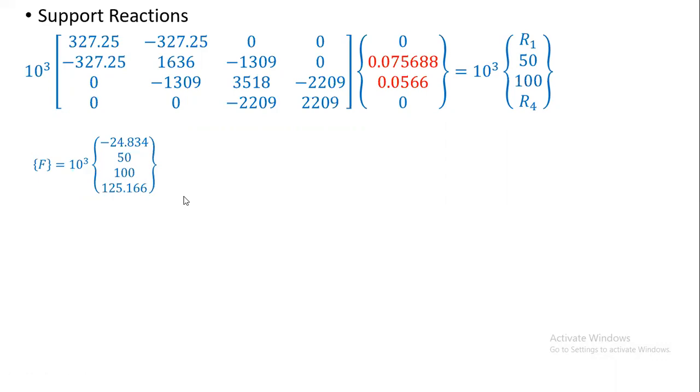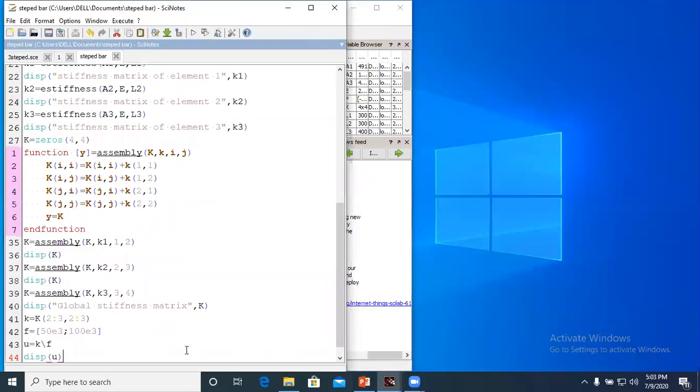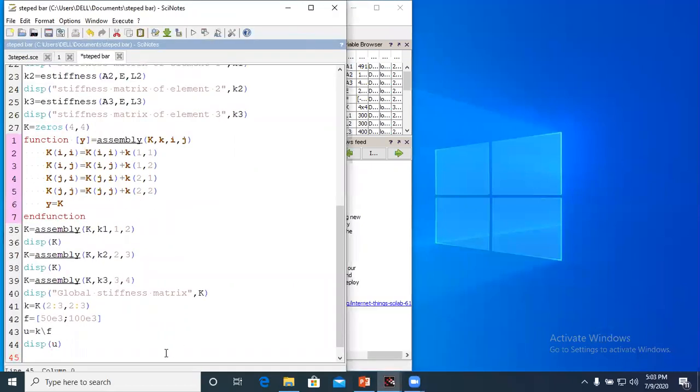Now how we can do this, I will show you in Scilab. Now in Scilab, you completely define the U matrix. Suppose Q is equal to, you append the U matrix. Now how is it appended? It is 0, because first displacement is 0. Then you write the semicolon.